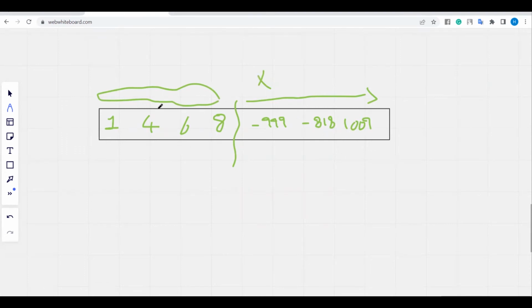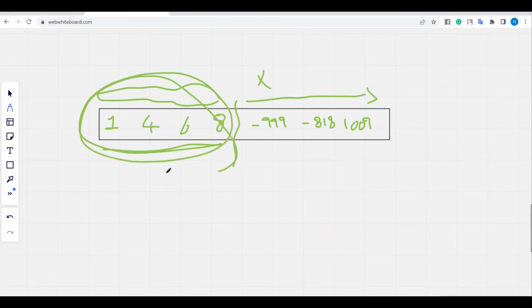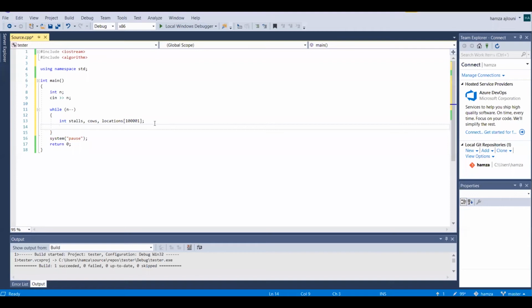You will take only the needed value. So anyway, I'm going to use the array, so I have to make sure that I'm going to work only on this part during all the coding. Okay, so